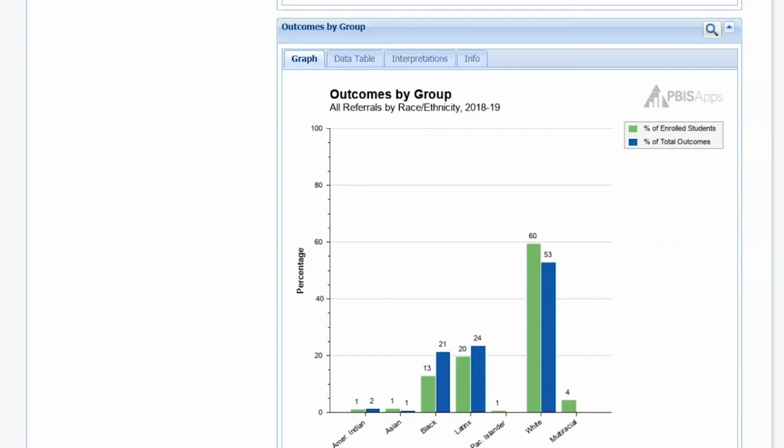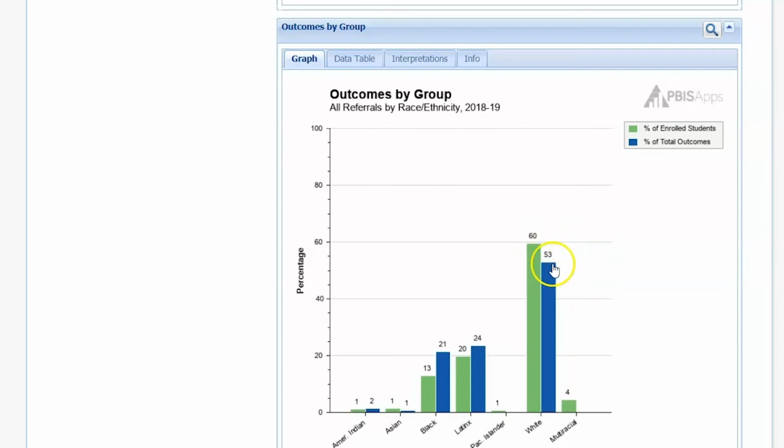The critical question we want to think about when comparing the percentage of the total enrollment to the percentage of all the referrals written is whether each group receives a proportionate share of referrals. Students who identify as white are about 60% of the total enrollment, so we would expect them to receive about 60% of the referrals written in our school. In this example, this group of students receives about 53% of the school's referrals, which is significantly less than their